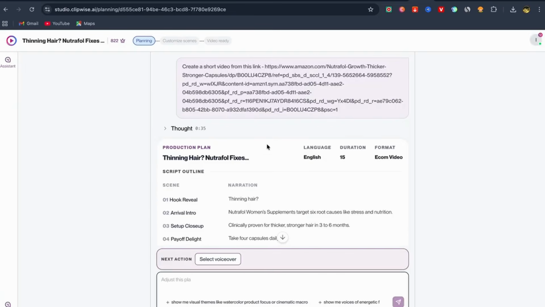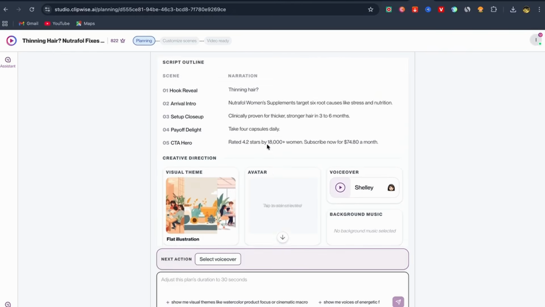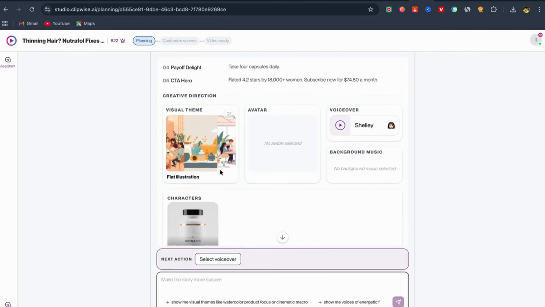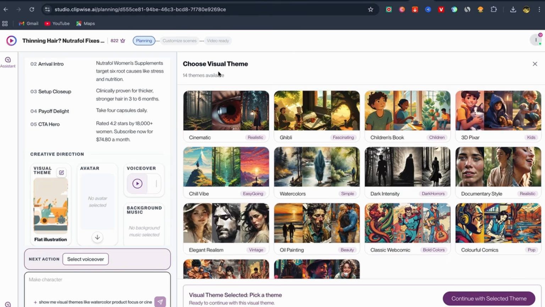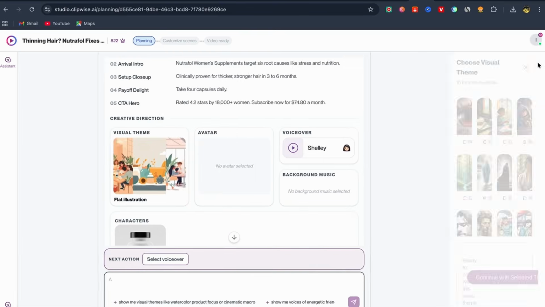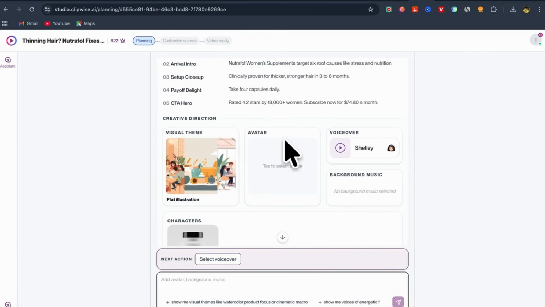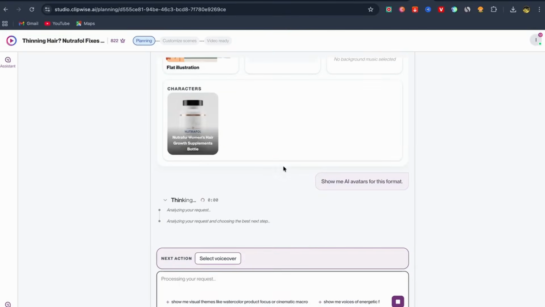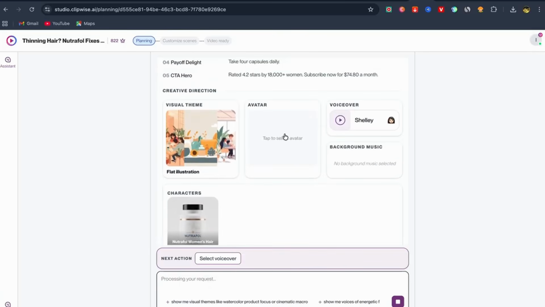Okay, so what you will do next, you will scroll down here and you need to select the visual that you want to use, your avatar and your voiceover. Okay, so you can click here if you want to select and choose visual theme. Okay, you guys can see you have different. So for me, I'm gonna keep using this one, and you can also choose your avatar here if you want to select avatar. Okay, click here